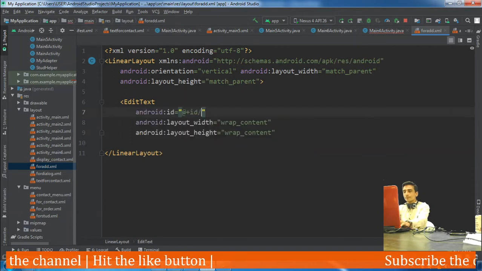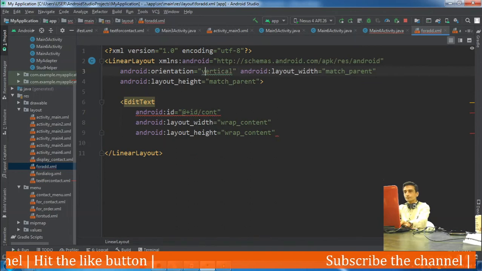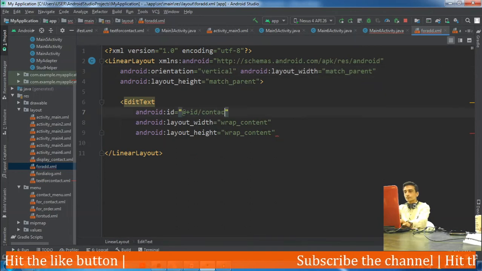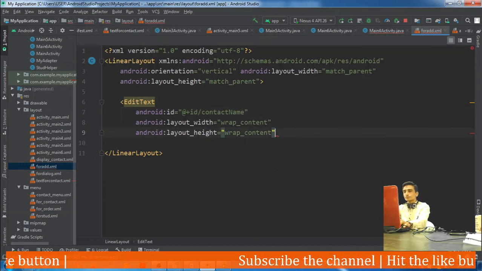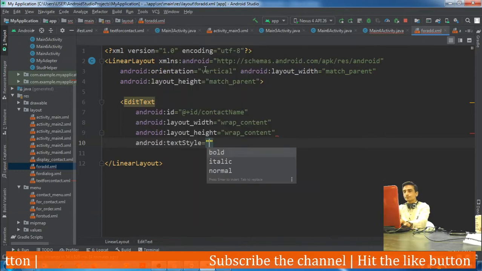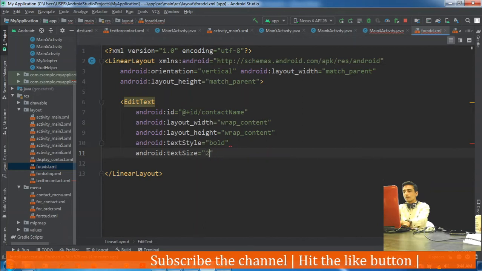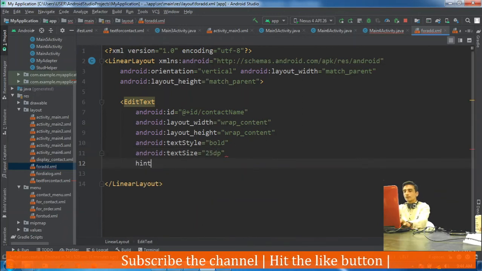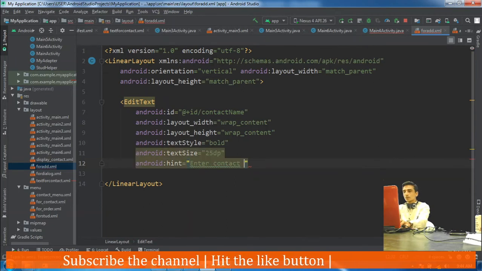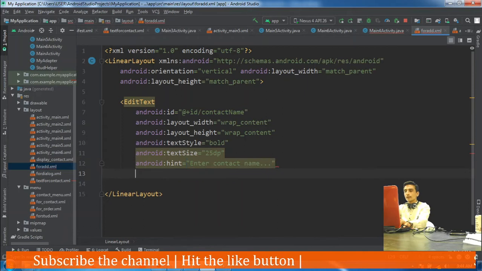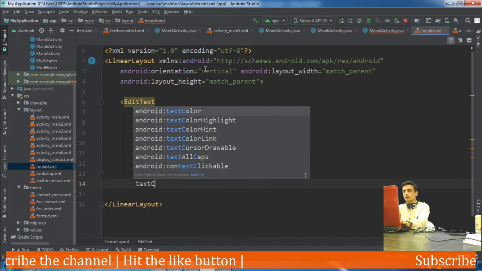Okay, ID is equal to contact name, and text size, text style bold, text size 25dp, hint, enter contact name, then margin 10dp, text color.